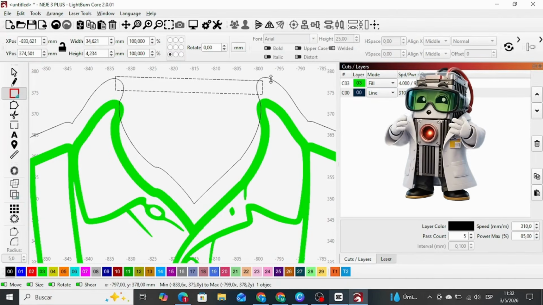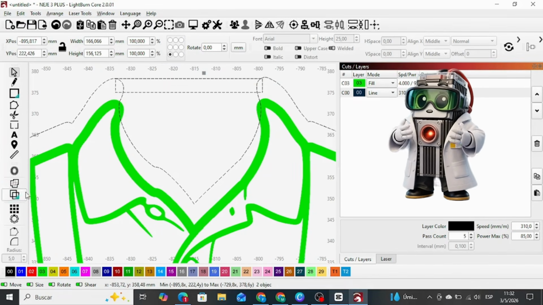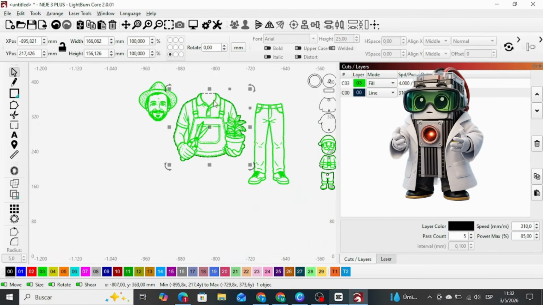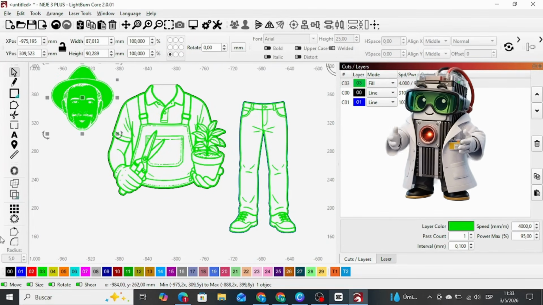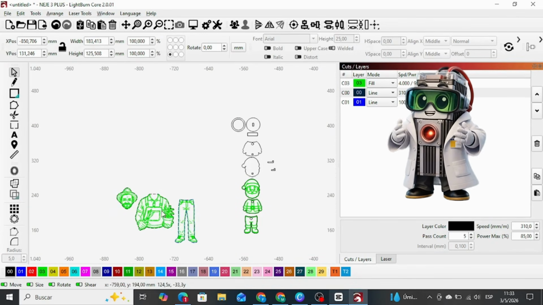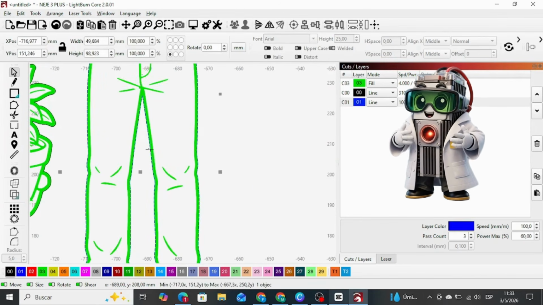And here I show you how to fix the error in the man's design. As you can see in the image, there is an excess of legs in the middle piece. To correct it, we simply ungroup the image, delete the outer line, then remove the part of the legs that we want to eliminate. After that, we select all the paths and apply an offset path, outer path. Then we group everything again,